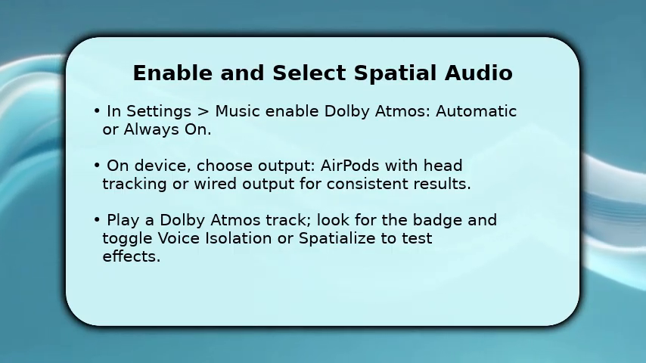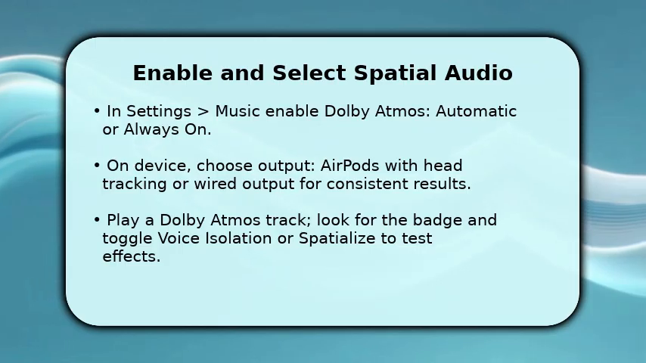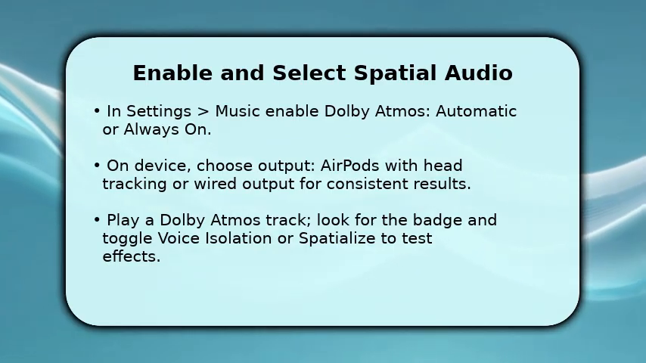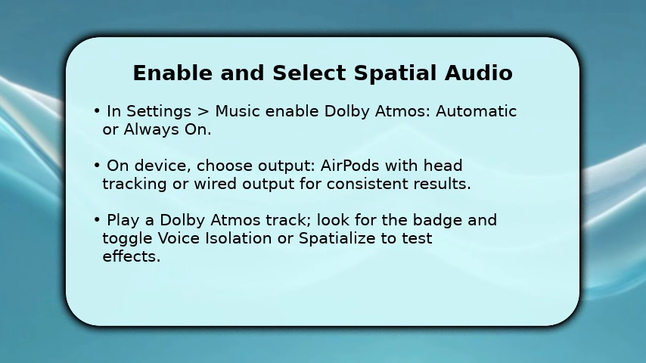Then open a Dolby Atmos labeled album and press play. Listen for distinct placement and depth. If you want more control, tap the AirPlay icon during playback to verify which device is outputting and that spatial